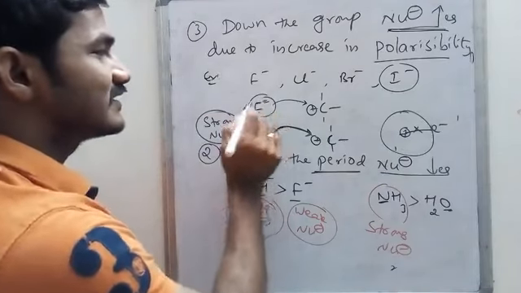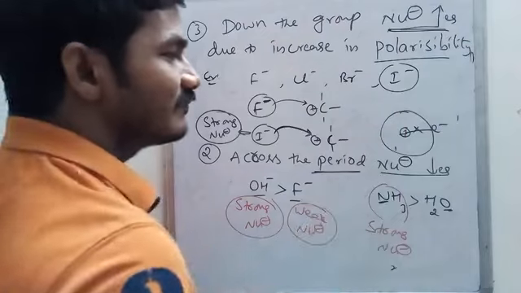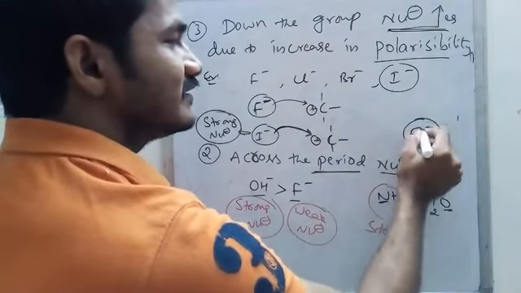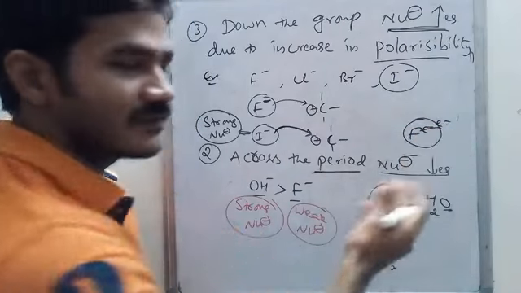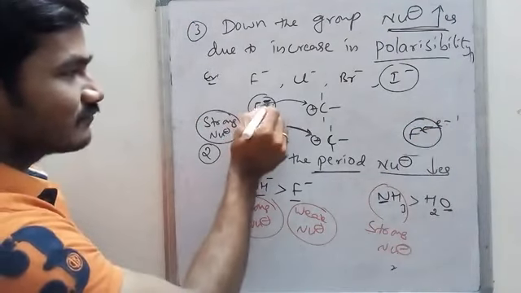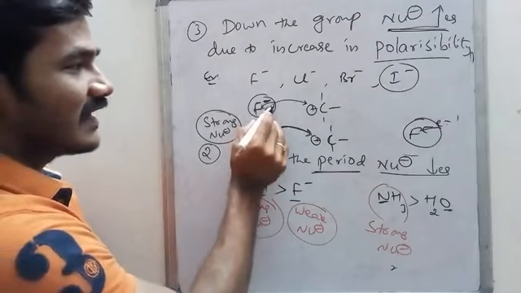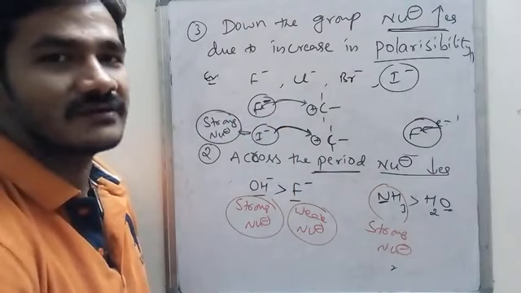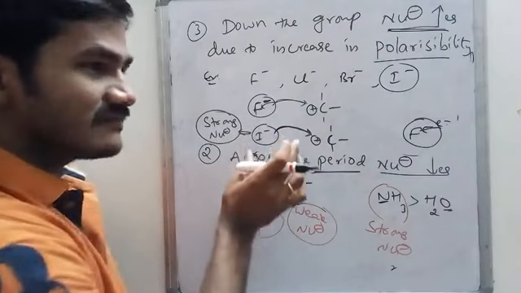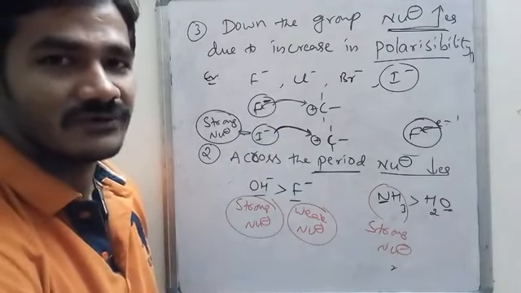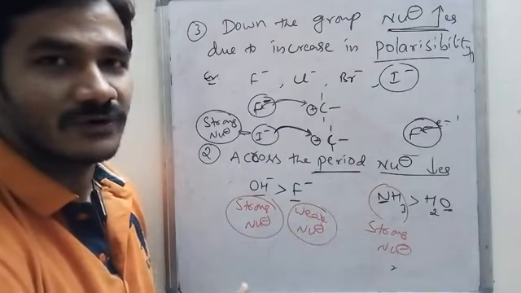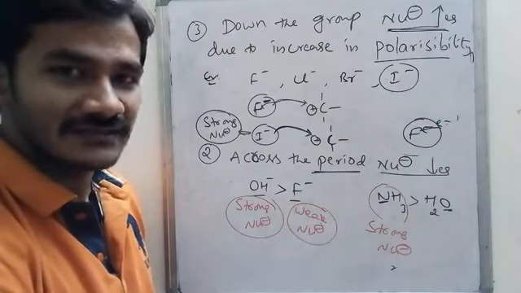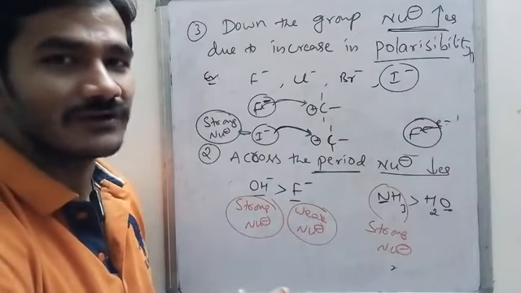Whereas in the F minus case, F minus is a smaller atom. Whenever atoms are smaller, due to the small atomic size, the attractions are more. When attractions towards the nucleus are more, can this atom share electrons with the electrophilic carbon that easily? No, it is not possible. So whenever atomic size is more, it can easily act as a strong nucleophile. When electronegativity is less, it can easily attack and act as a strong nucleophile.